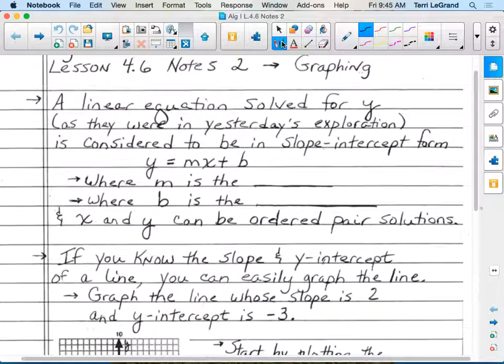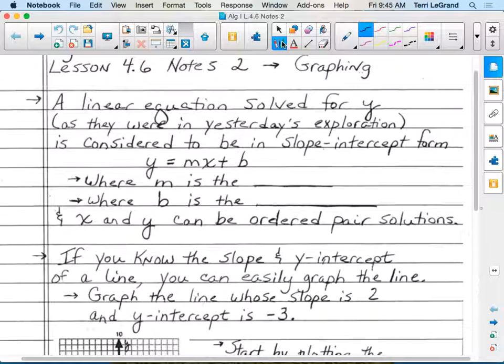Our learning goal says I can write a linear equation in slope-intercept form. We already worked with that yesterday. I can graph a linear equation using slope-intercept form. We've been graphing two other ways so far. Make a table, pick some x values, substitute those into the equation, get your y values, you have ordered pairs